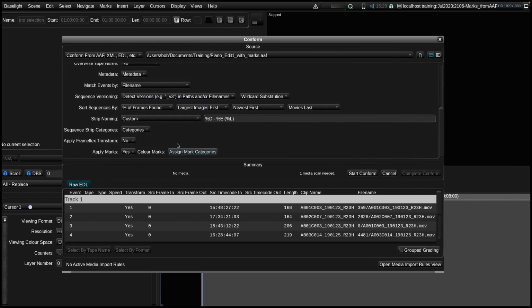And there's an option at the bottom here, because when Baselight had a look at the AAF when I first loaded it and discovered there were marks in there, it's now giving me the option to apply marks in the timeline as part of the conform process. So if I choose yes, then I can choose how to assign those, effectively how to map those Avid marks into the categories that we have in Baselight. So if I click on this button here,